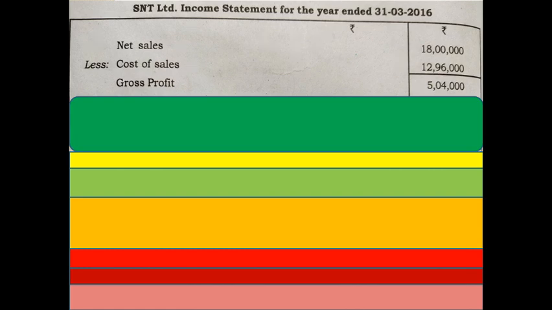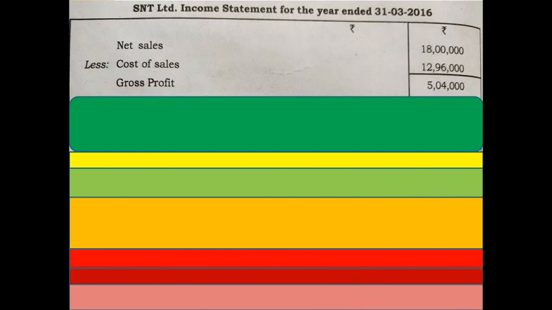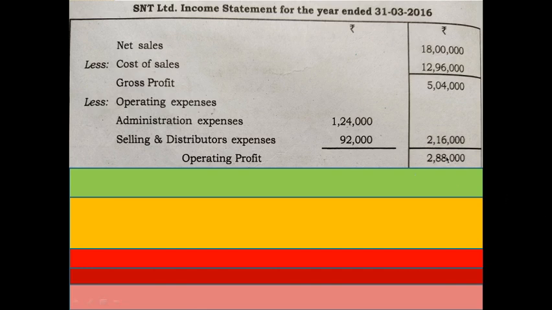Now you got gross profit, but it is not given in the details in the question. That's why we prepared an income statement. It's quite simple. From gross profit, it's not the end of the statement. You need to continue the rest for finding out various items which are required for finding out various ratios as per the question. So next, you need to deduct operating expenses. Here operating expenses are given. As you all know, operating expenses comprise administrative expenses and selling and distribution expenses. You need to adjust those operating expenses. Why? Because you need to deduct operating expenses from gross profit in order to arrive at operating profit.